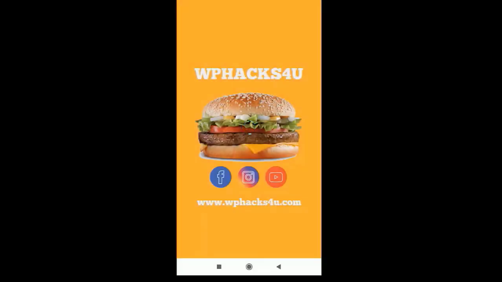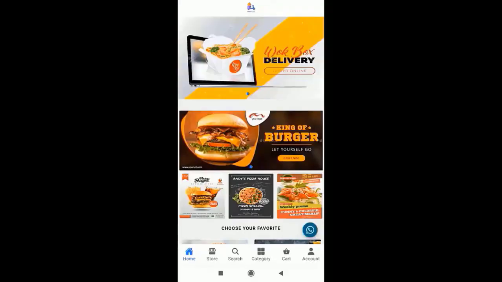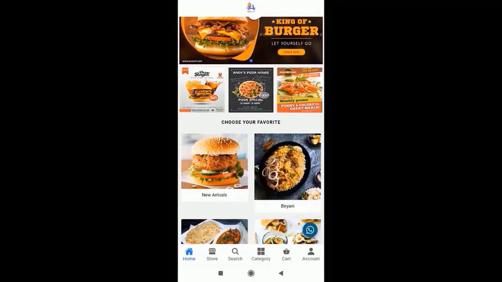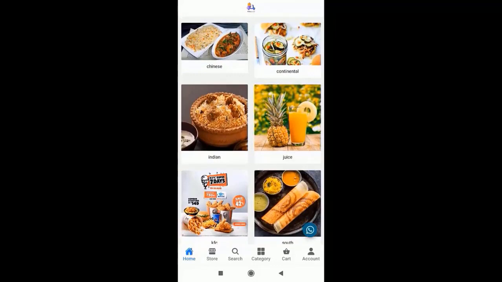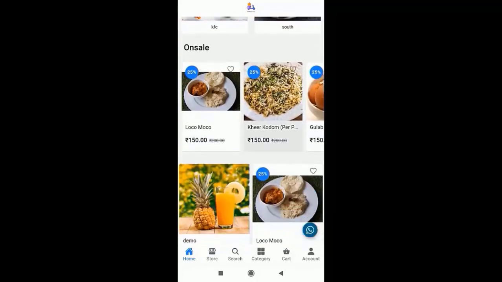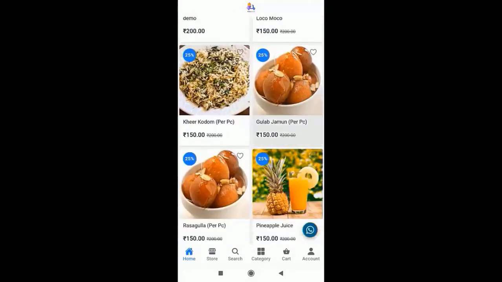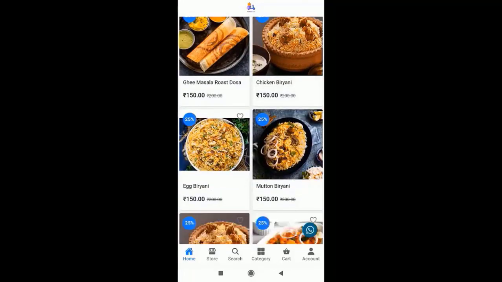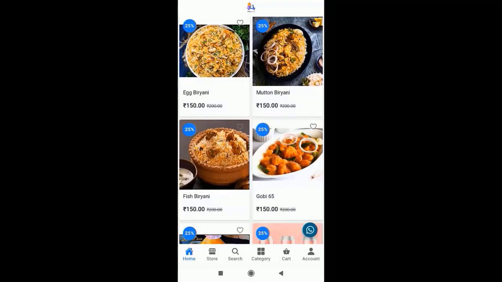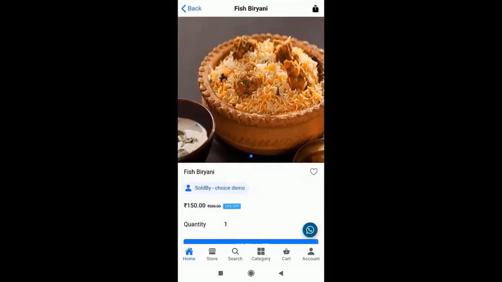Okay friends, this is our Android app icon which we are seeing on our mobile, and this is the splash screen of the app. The app is looking very beautiful and the layout is very well designed and aligned. The home page of the app is looking nice, and you can see there are a lot of products available on the front page itself, and there are unlimited options and you can customize according